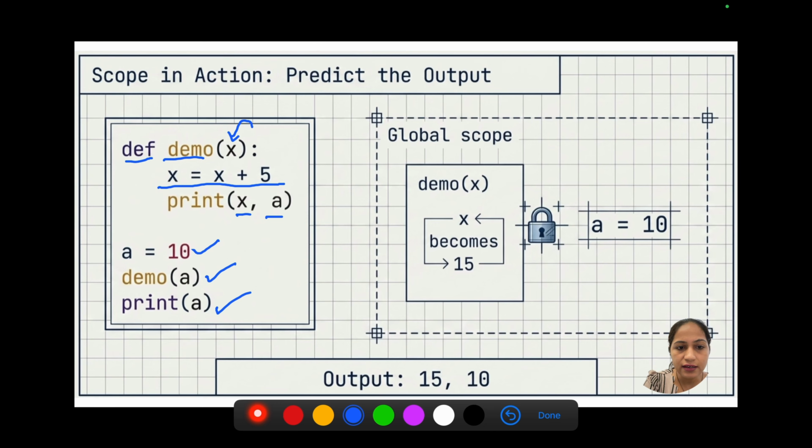When this a goes into the demo function, it becomes x. The value of x is 10. 10 plus 5 is 15. So it is printed 15 here. And because a is a global variable, the value of a is not changed. It must give me output of 15 comma 10. So this is how scope works.